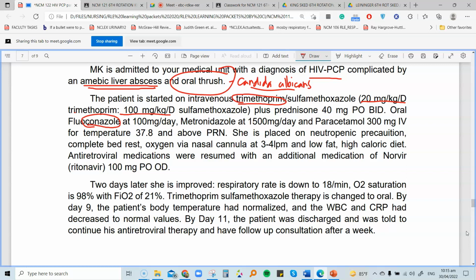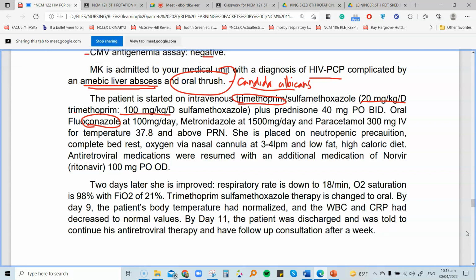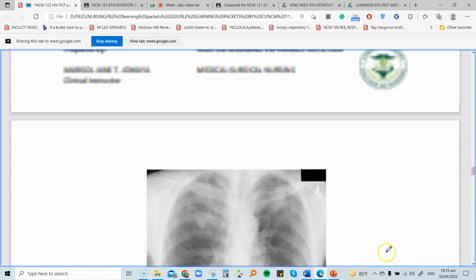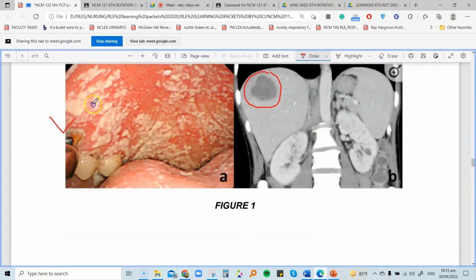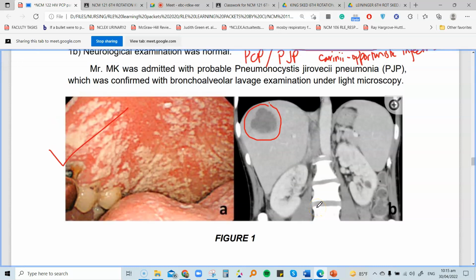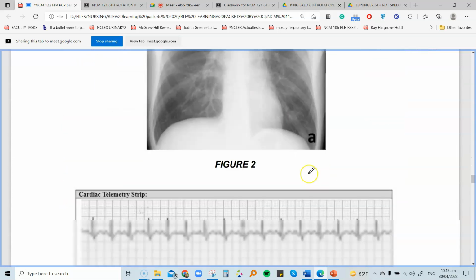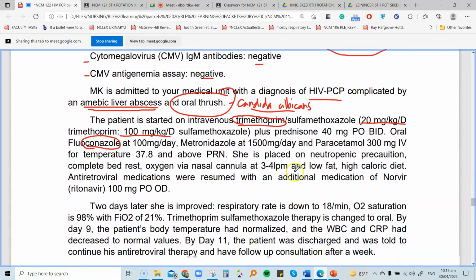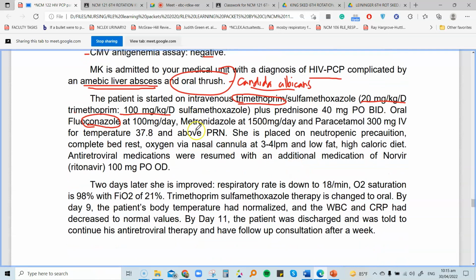Ayan. Ano na ulit ang itsura ng Candida albicans? Yes, this one, guys. This is your oral thrush. In my case, when I handled that client who had your laryngeal cancer, mas makapal, as in sa gitna. Like, merong snow ng candidiasis doon sa gitna ng tongue niya. Okay? So, your fluconazole is given because there is your presence of oral thrush. Okay? And your metronidazole is a standard antibiotic.